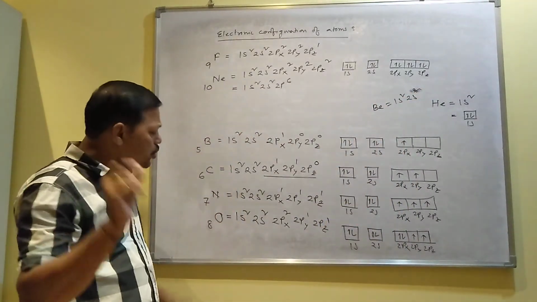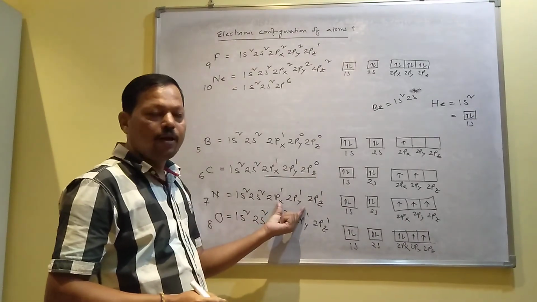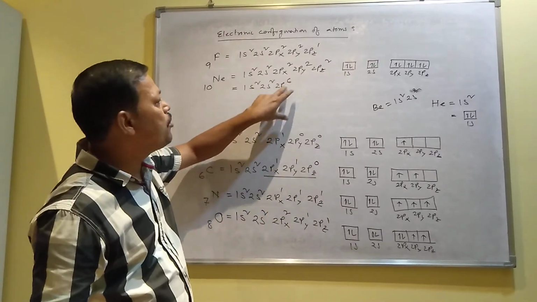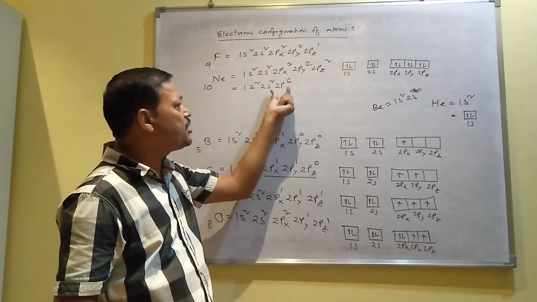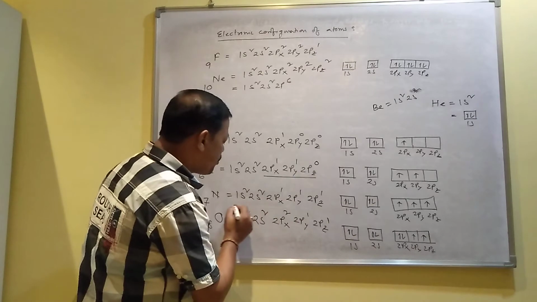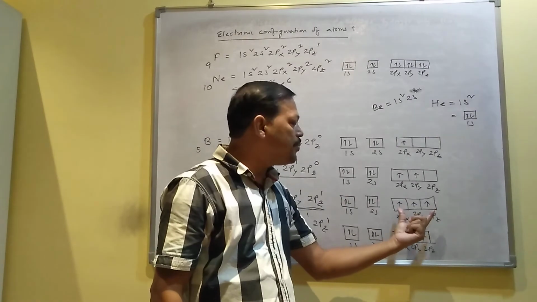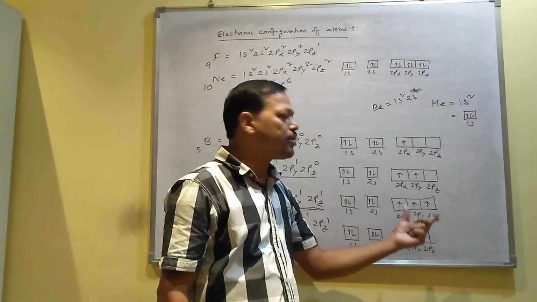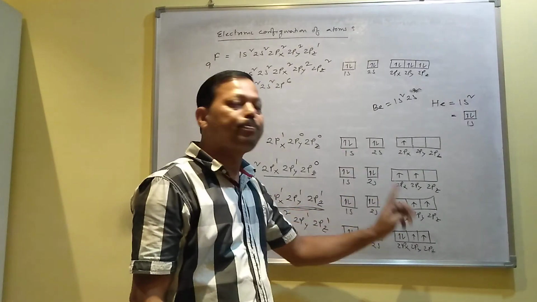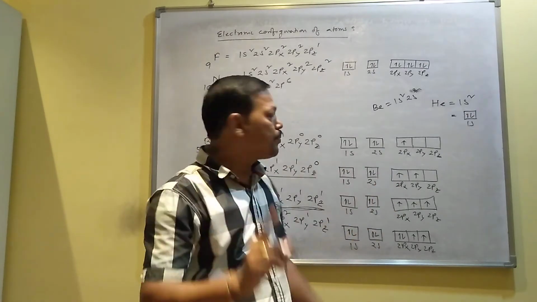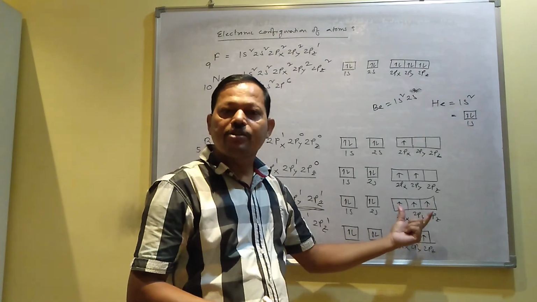And those electronic configurations in which the p orbital is half filled. When it is fully filled, p contains how many electrons? 6 electrons. And it is called half filled when it contains 3 electrons. 6 means full filled, 3 means half filled. This type of electronic configuration is also said to be stable because the configuration is symmetrical. So the nitrogen configuration is also stable due to the half-filled p orbital. But this half-filled concept is not applicable for s. Only in case of p, d, f orbitals is this half-filled concept applicable.